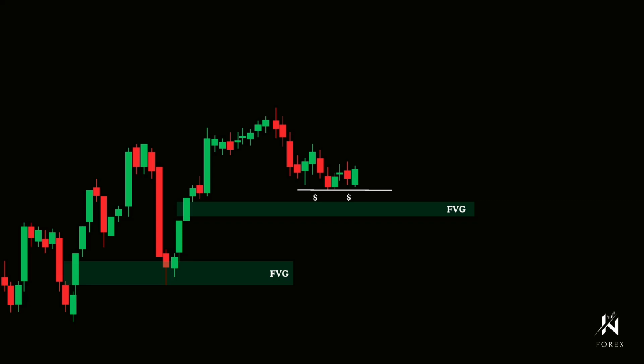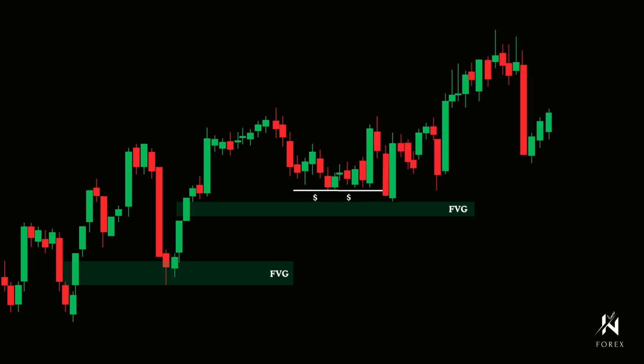Once again, take note of how price creates a pool of liquidity directly above the FVG. All the ingredients are in place for price to reach into sell-side liquidity, tap the FVG zone, and bounce upward. Naturally, this won't play out perfectly in every instance. Still, the turtle soup setup is great for capitalizing on fake-outs and catching price as it shifts back into alignment with the prevailing trend. Now, let's move on to another key idea: change in state of delivery, also known as